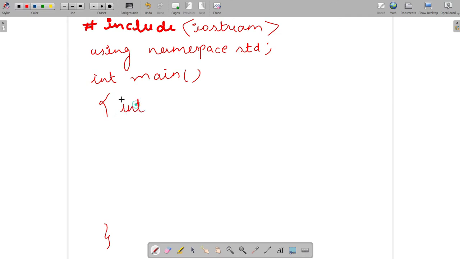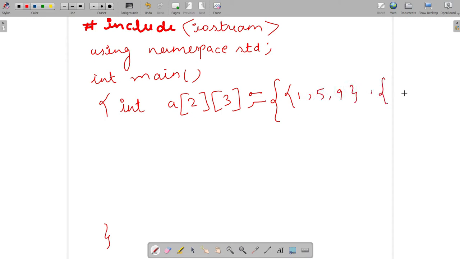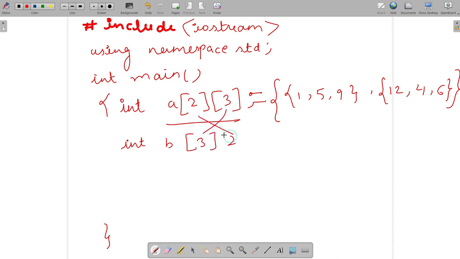So let's suppose I declare a matrix A with dimension 2 rows and 3 columns, and I want to find the transpose of this matrix A. Just for the sake of simplicity, I declare all the elements here. Let's say the elements are 1, 5, 9 and 12, 4, 6. So this is one matrix and I have to find the transpose of this matrix. So I have to declare another matrix B which has 3 rows and 2 columns, because we change the number of rows with the number of columns.